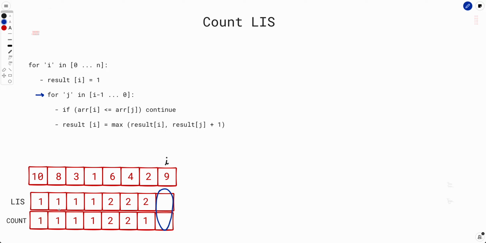I would strongly encourage you to pause the video right away and try to think for at least 10 minutes about how you will actually find out the values at this particular index with the previous values. So hope you thought about it. Now notice that